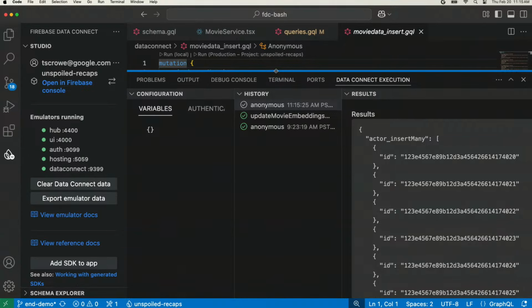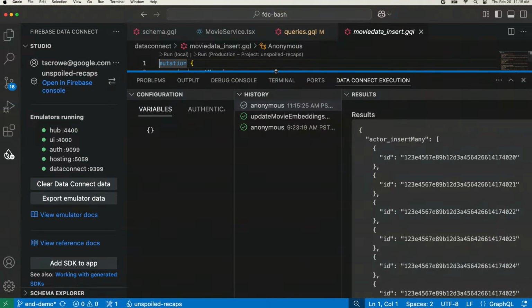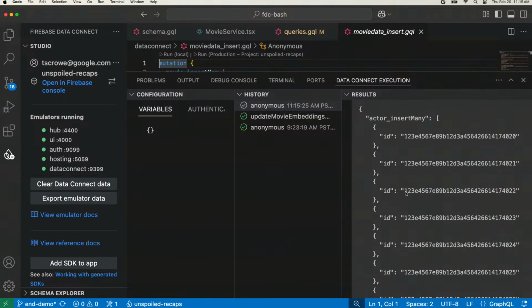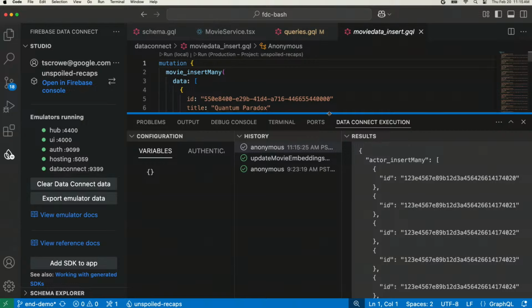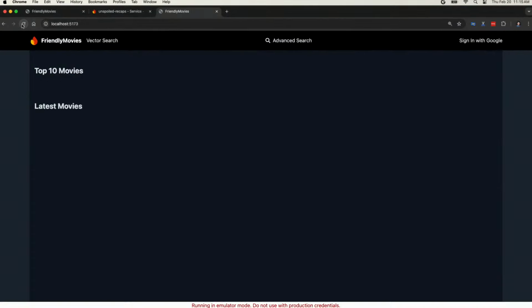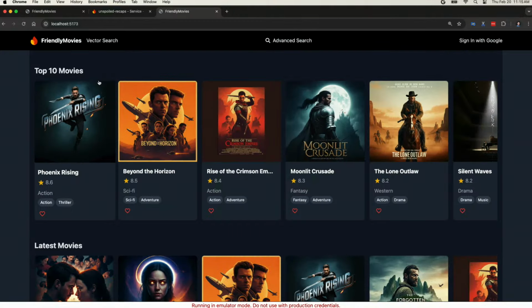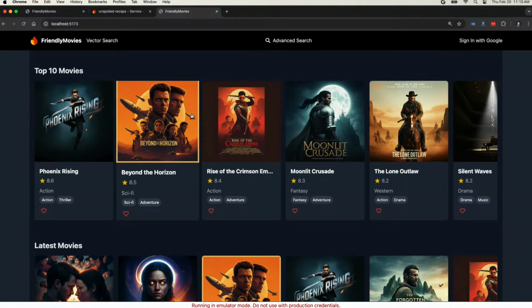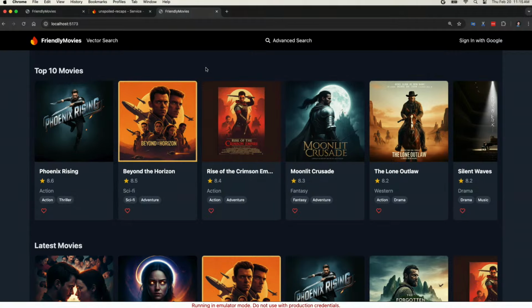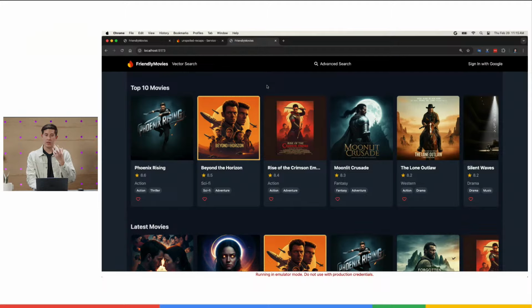And this looks very familiar because it should look a lot like our console execution. We have our results, we have the history of our executions, and we have variables and authentication that we can inject into the request so we can make sure it's got the right parameters. Now, if we jump back to our web app, I can hit refresh, and voila, we've populated that data for our local instances. Now, the other thing that we had that's really powerful was vector search for retrieval augmented generation.